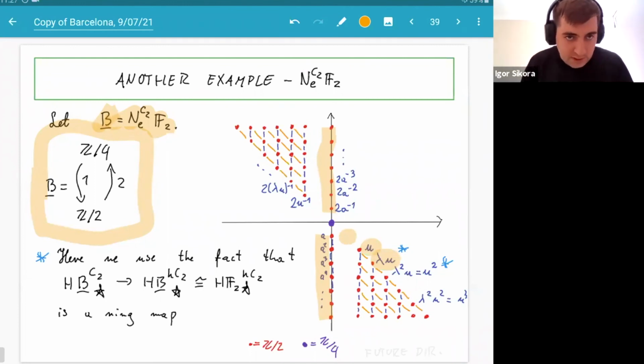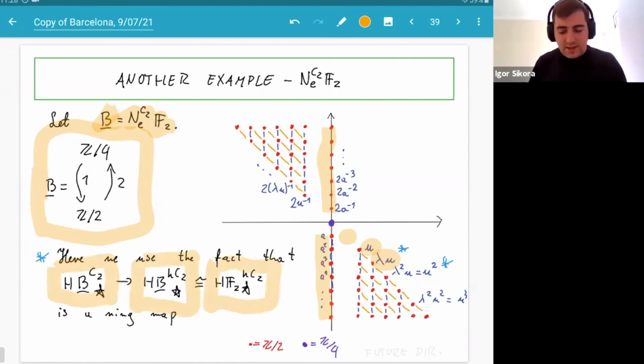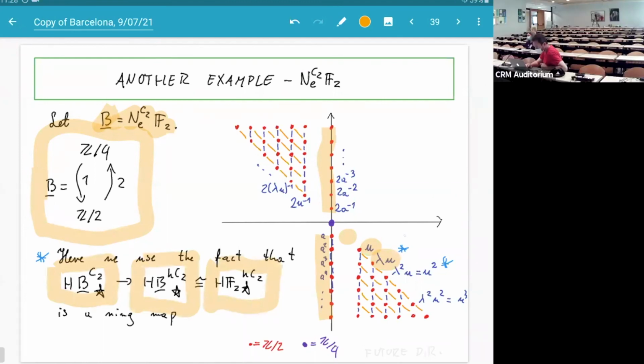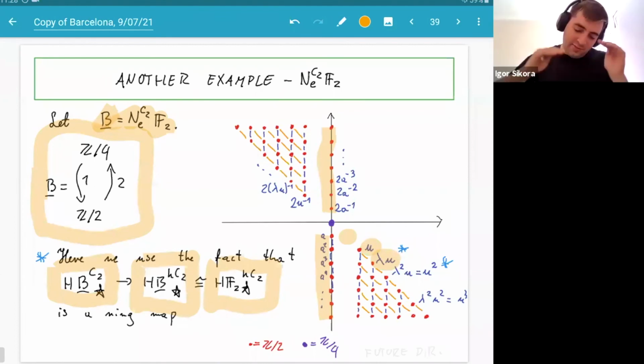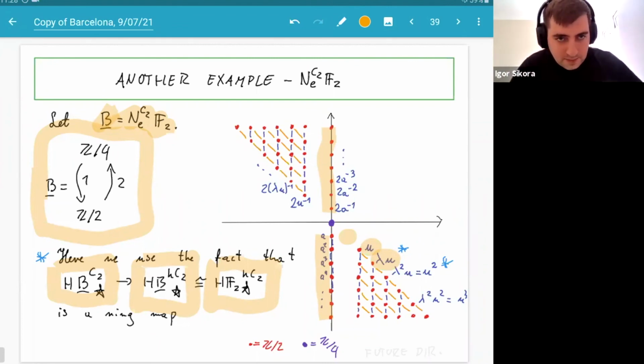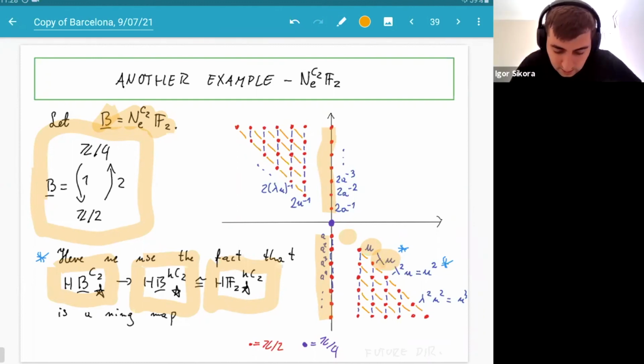We have no entry at 1 minus 1 sigma, but if we take a ring map from the coefficients of this spectrum to the coefficients of its Borel completion, which appears to be also the Borel completion of IHF2, then we see that there is an element lambda. And thus we can see that there is a kind of virtual lambda, which has the property that lambda squared is equal to U. So in other words, we have that lambda,